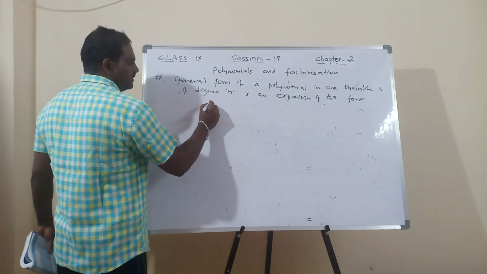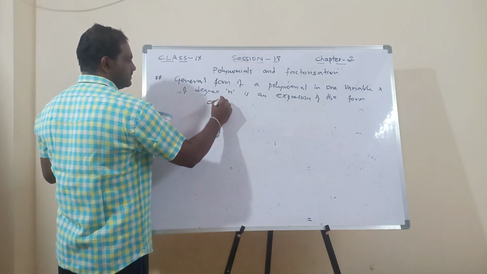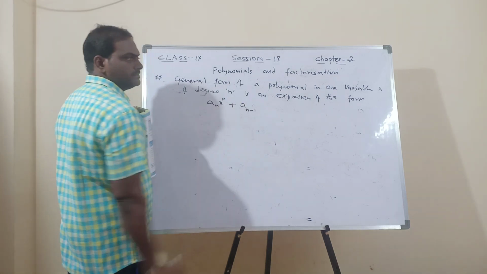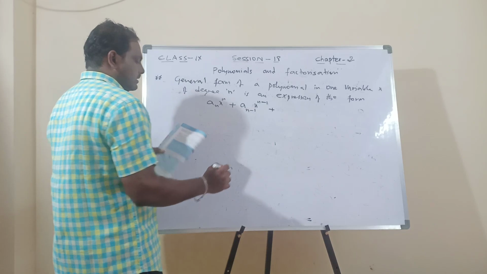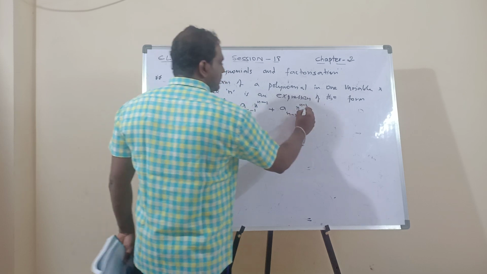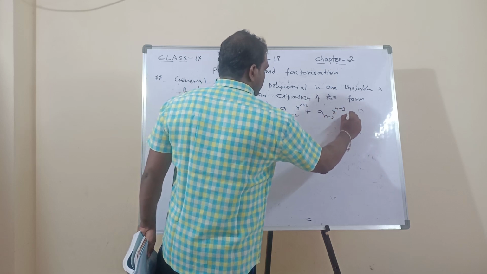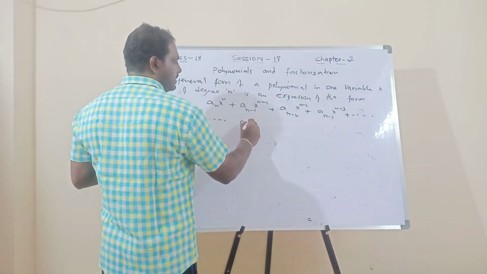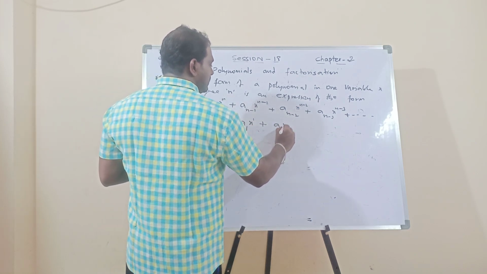how to write this? a n x power n plus a n minus 1 x power n minus 1 plus a n minus 2 x power n minus 2 plus a n minus 3 x power n minus 3 plus and so on up to a1 x power 1 plus a0 x power 0,